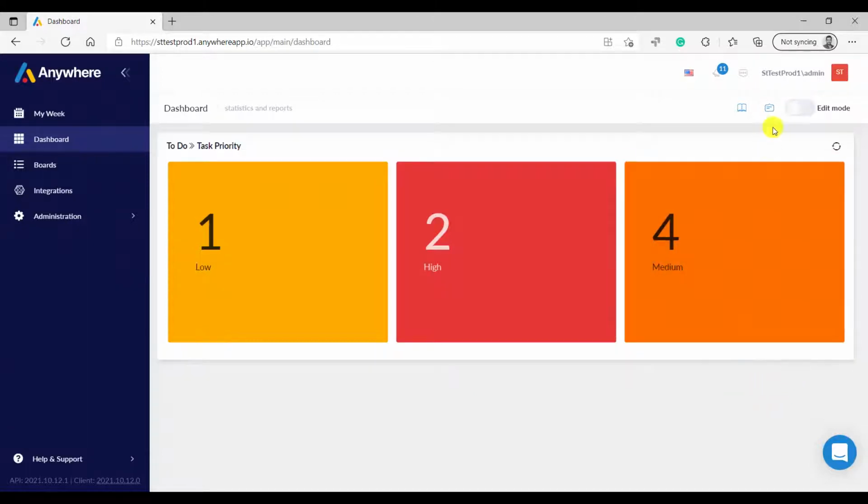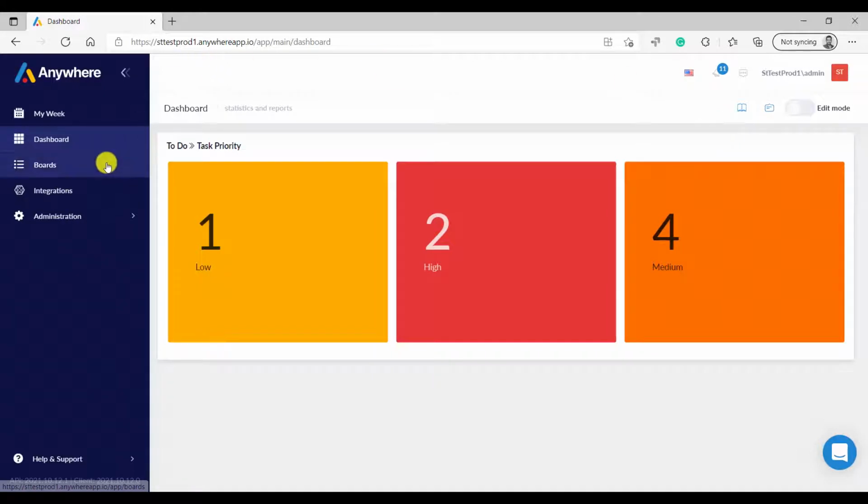Now you will see that we have these options called Tour and Learn more. The Tour option, when you click on it, gives you a step-by-step tour of that particular feature, in this case Dashboard. And clicking Learn more will take you to the support article related to the Dashboard. These two options, Learn more and Tour, are available on almost all important screens or features of Anywhere. So please find them and click on them whenever you want to learn more about a certain feature of Anywhere.